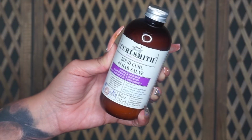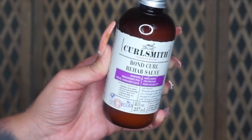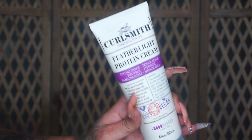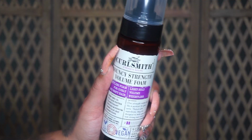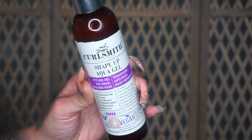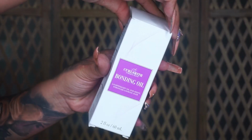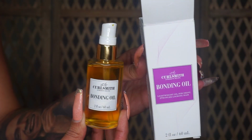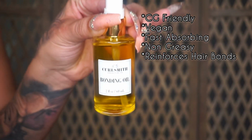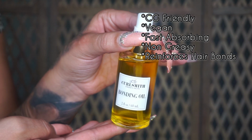Curlsmith also has their core strength shampoo, their bond curl rehab salve, which is a bonding treatment. They have their Featherlight protein cream, which is a leave-in, and they have their bouncy strength volume foam. They also have their Shape Up Aqua Gel with a level 5 hold, and now they have added their new bonding oil. Their bonding oil is a protein-rich, super lightweight oil that can help to repair damage, seal in moisture,